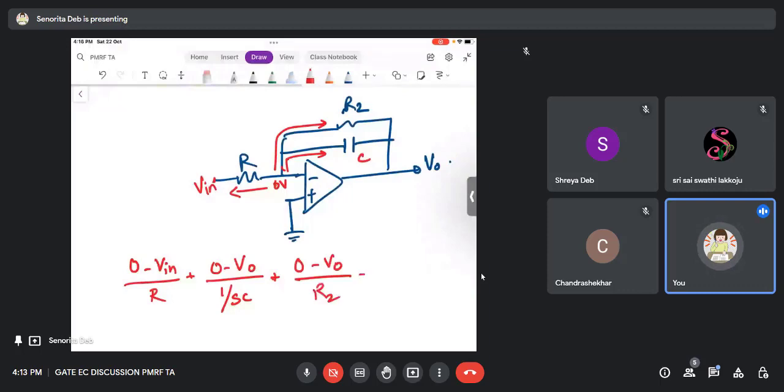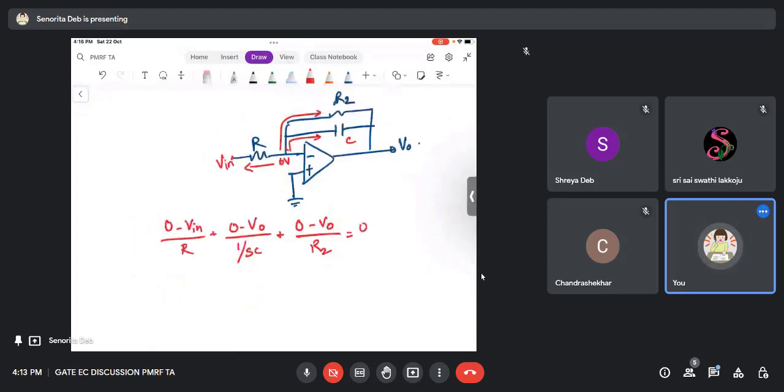Now instead of this, there is another thing that you can do. What you can do is you can write the admittance instead of impedance. Okay, so what you will do, 0 minus V in by R plus, you see admittance add up in a parallel circuit, right? So admittance add up in parallel circuit,